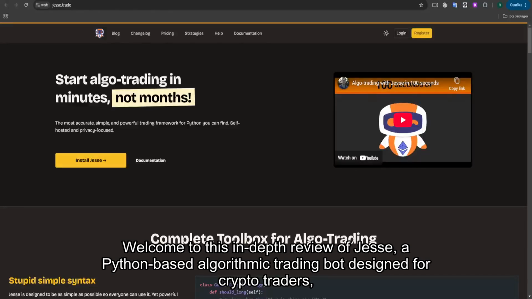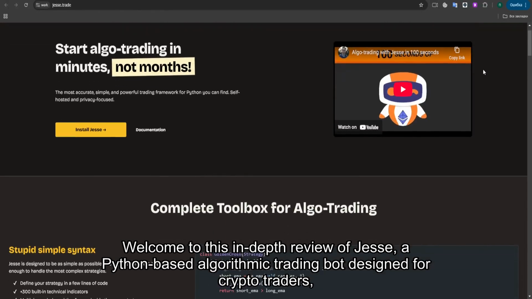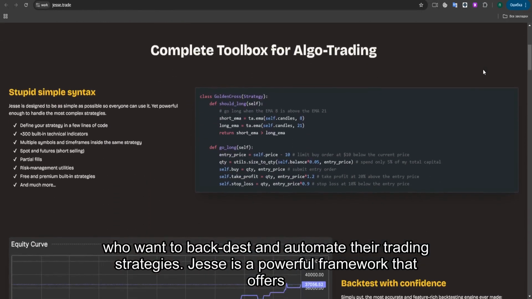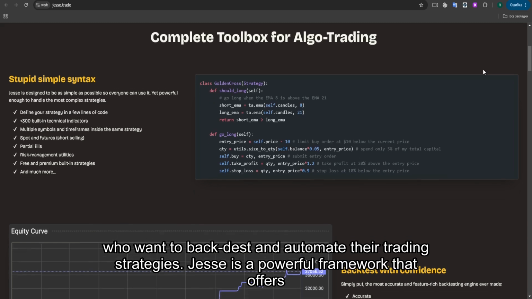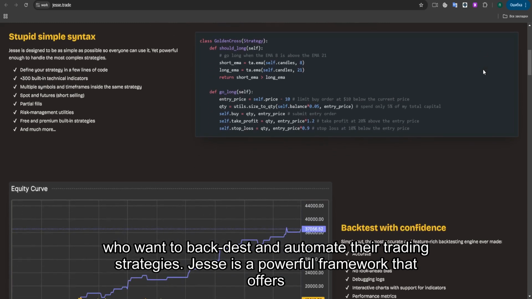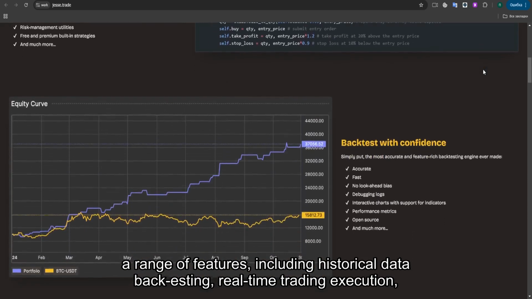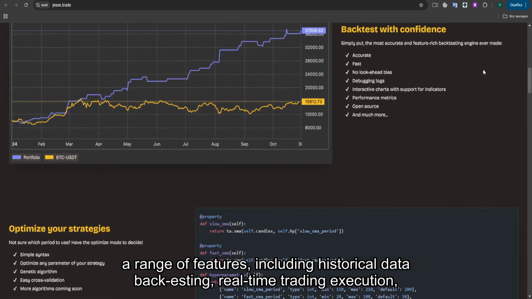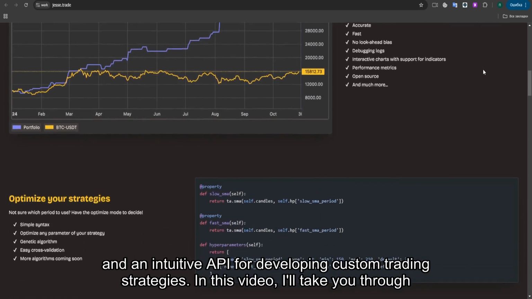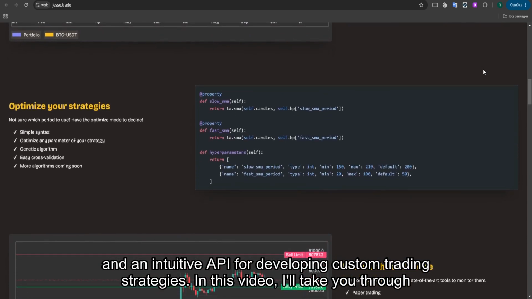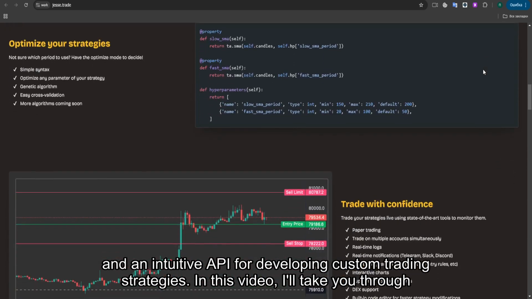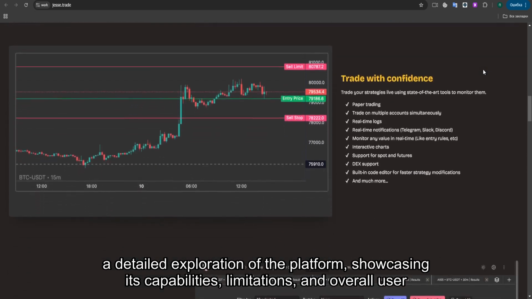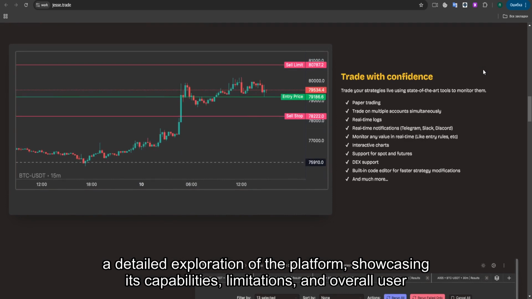Welcome to this in-depth review of Jesse, a Python-based algorithmic trading bot designed for crypto traders who want to backtest and automate their trading strategies. Jesse is a powerful framework that offers a range of features, including historical data backtesting, real-time trading execution, and an intuitive API for developing custom trading strategies. In this video, I'll take you through a detailed exploration of the platform, showcasing its capabilities, limitations, and overall user